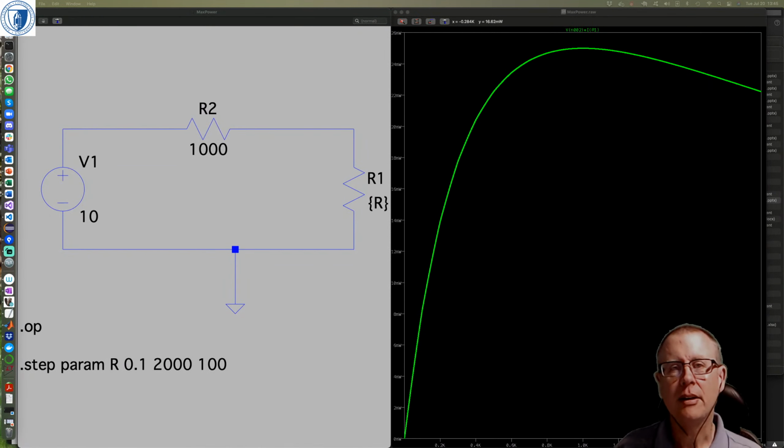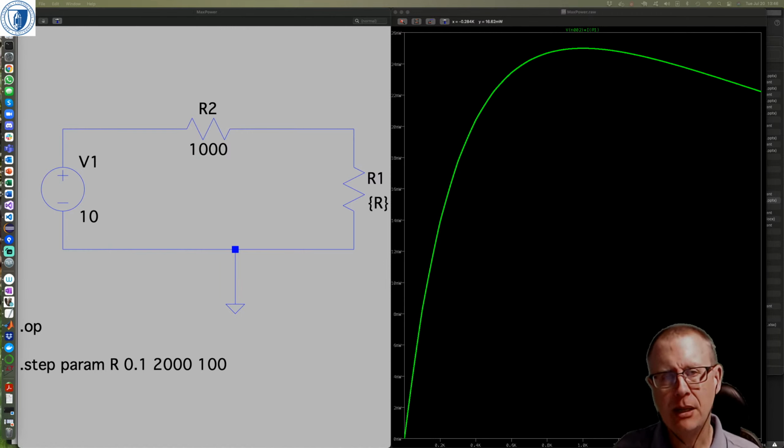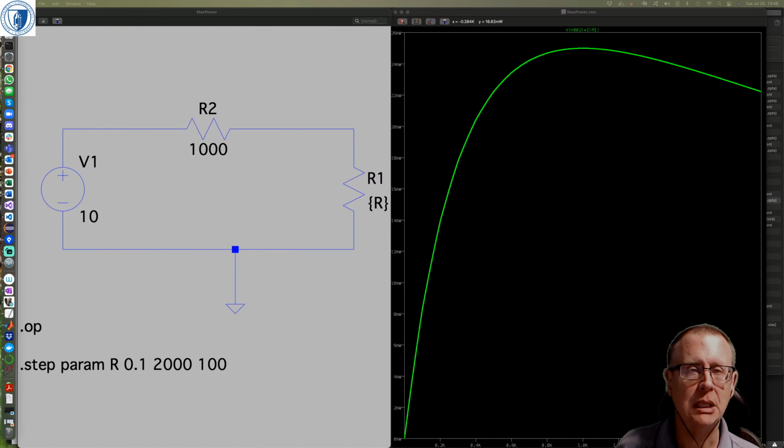Okay, this is a quick video about how to do the maximum power part of the current lab. Now, everything you've done to date with LTSpice has required that you set a specific value for voltage and resistance and capacitance, as we'll see shortly. However, with the maximum power part of the current lab, you need to make R1, the load resistance, as a